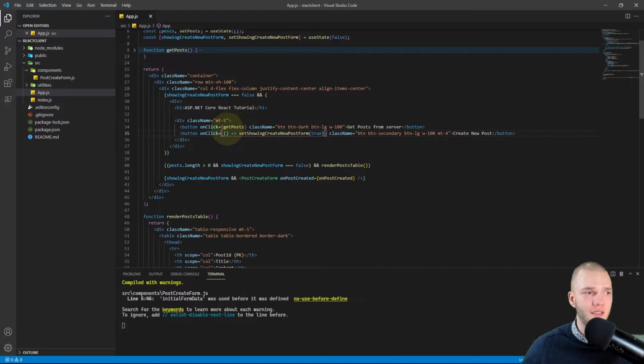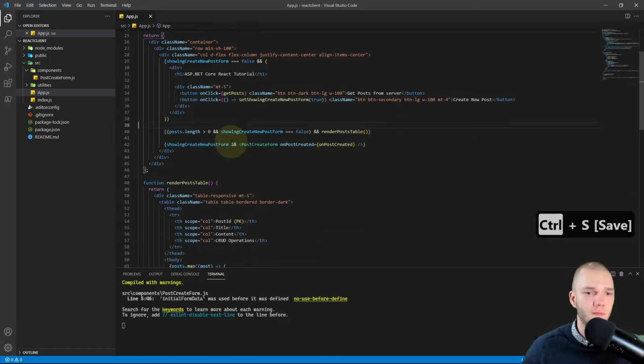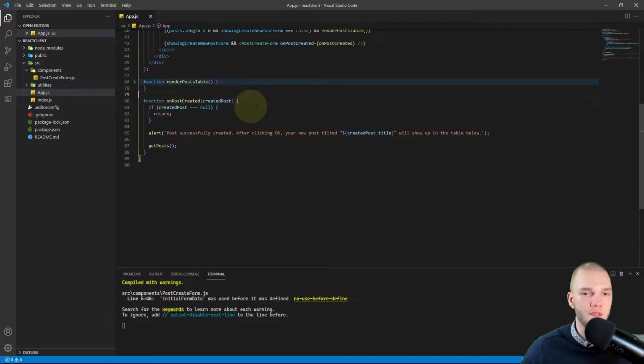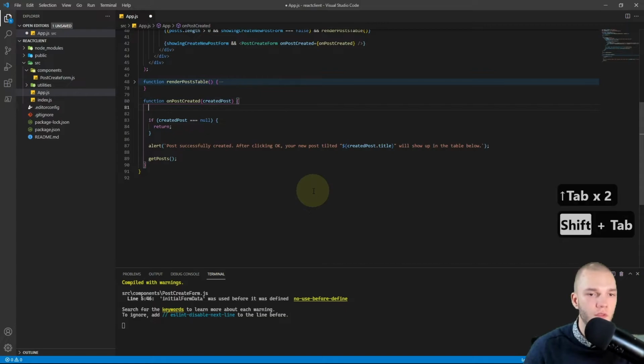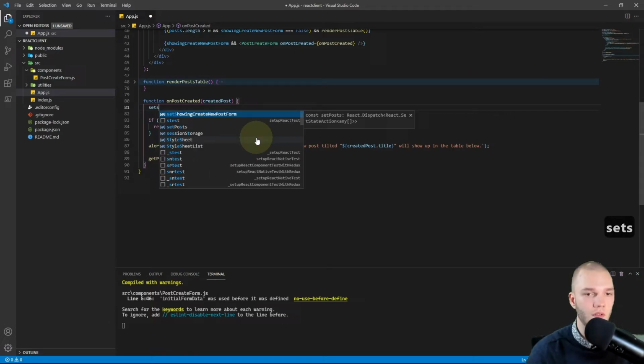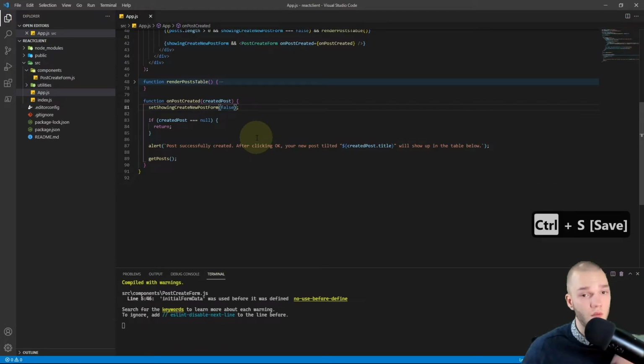Right, so that's done. Then just a little something in the onPostCreated function on the first line here, regardless of whether the created post was null or not. I want to call setShowingCreateNewPostForm to false so that the form stops displaying.